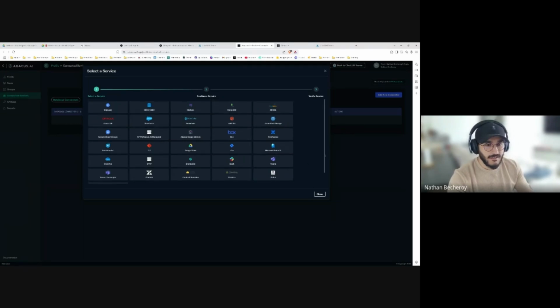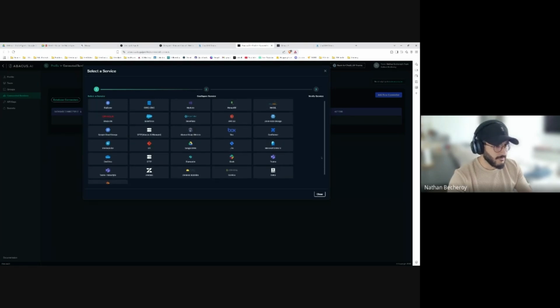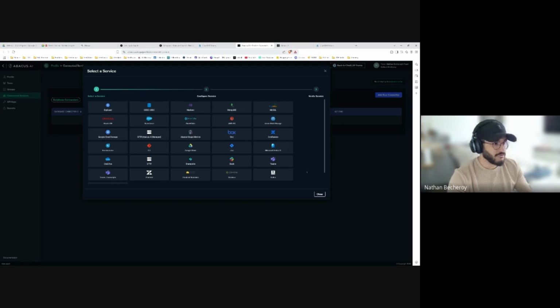I never saw all these connectors in the same platform, easily accessible, that you can access easily in any other tool. It's really a huge service that Abacus is giving you.